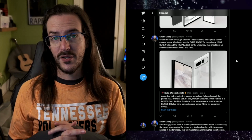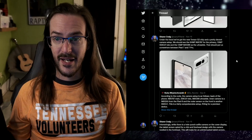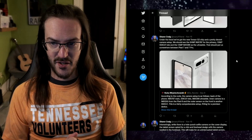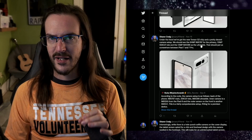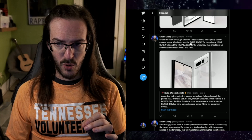The camera setup looks to be kind of in between the Pixel 7 and the Pixel 7 Pro, which is a really good place to be as well. The 7 Pro is fantastic. The 7 is also very good, but it is apparently a very different camera setup to what we've got on those devices. So as far as the primary sensor,